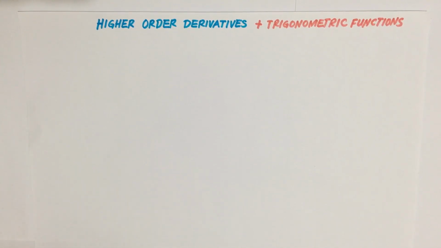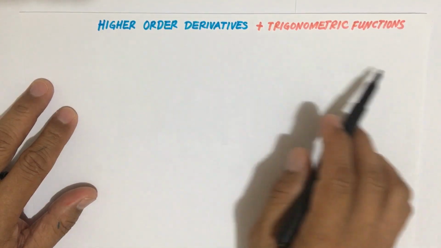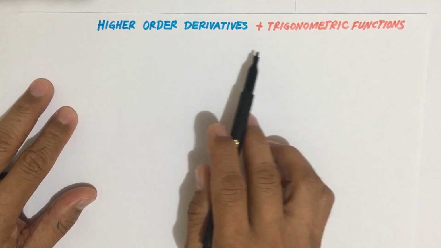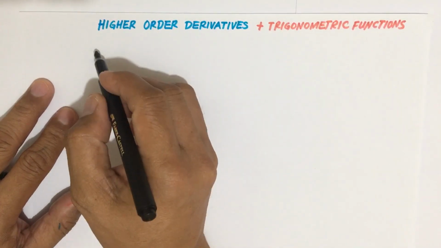This time we are going to combine what we have learned from higher order derivatives and also our discussion of the derivative of trigonometric functions. Okay, so before we go to the combination with the higher order derivatives and with the trigonometric functions, let us review first